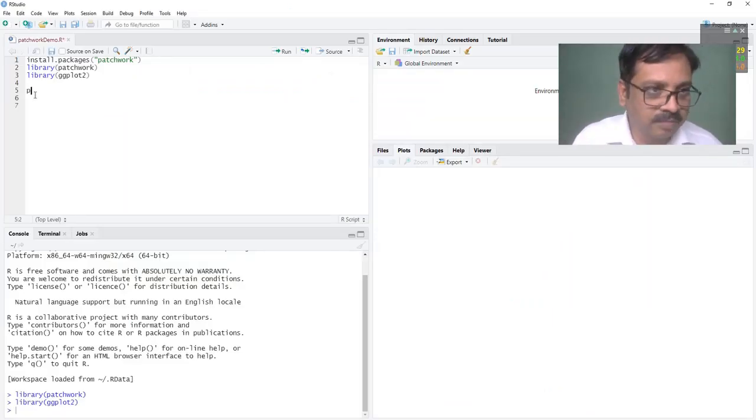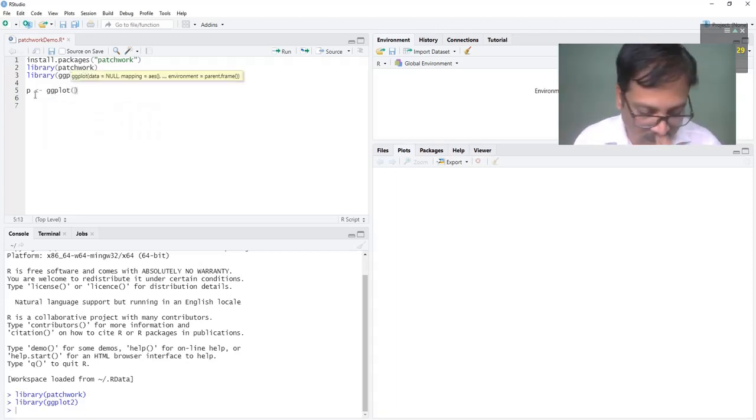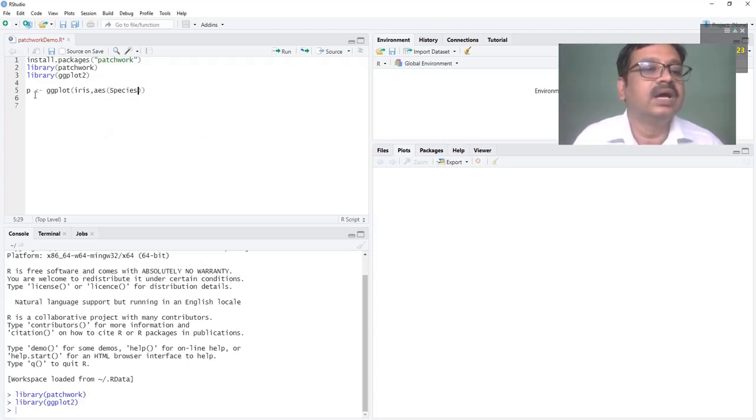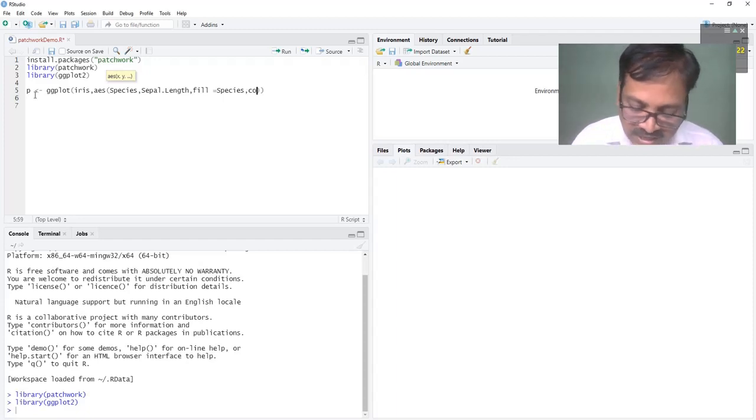Let's get our first plot object P, and to that I will assign ggplot, and in this ggplot I am going to use the dataset iris for demonstration purposes. In the aesthetic mapping, as I am going to use geom_violin, the x-axis will be Species and the y-axis will be Sepal.Length, and the fill attribute I am going to map to the variable Species, so that the three species will be shown in different colors, and the color attribute also I will map to Species.